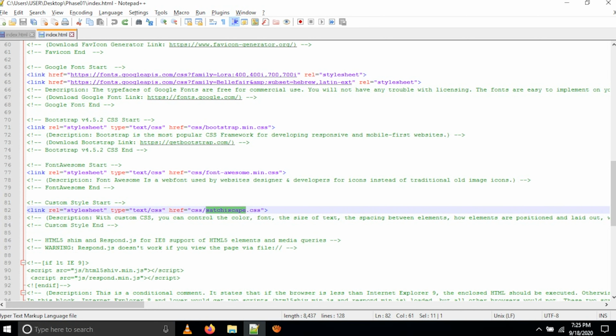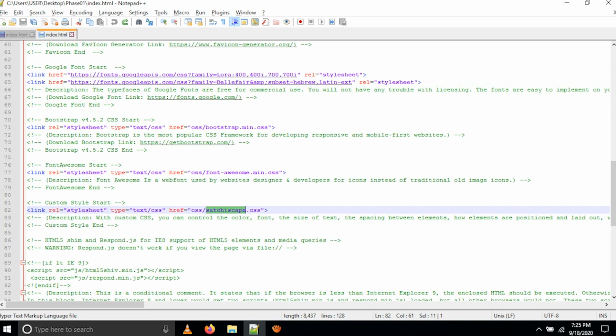If you want to write something custom for your website, like you want orange color, yellow color, black color, green color, or font size, or you have to define the fonts, which fonts you want, you have to write in your custom CSS. In the next video I am also going to give the CSS style, how we are writing the custom CSS. In this video I have only given the basic structure of HTML, how we are writing and for what purpose we are writing this syntax, I am only showing.